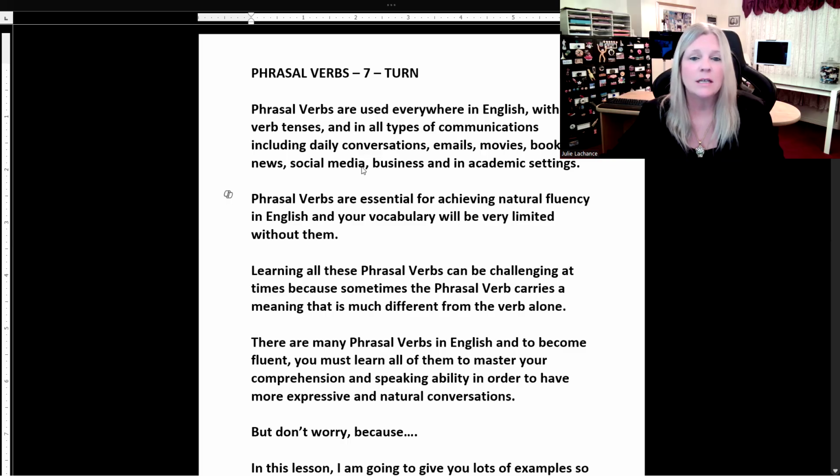And tonight, in this lesson, we're going to be working on more phrasal verbs. This lesson is going to be phrasal verbs number 7 with the word turn. So if you guys watched the previous lessons on phrasal verbs numbers 1 through 6, you already know, but we're going to go over it again just to be sure,